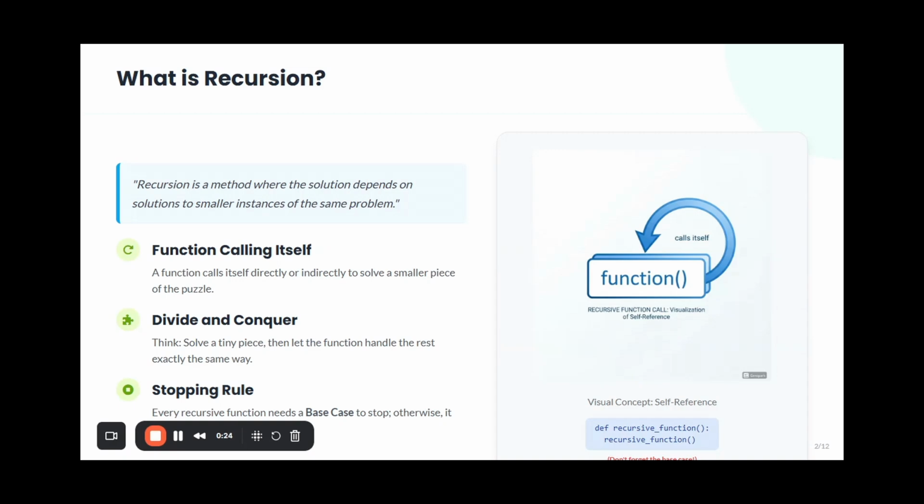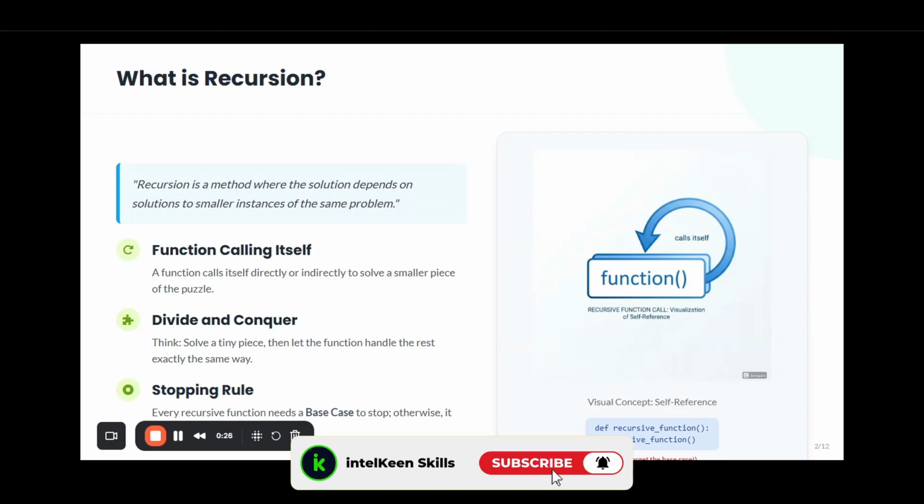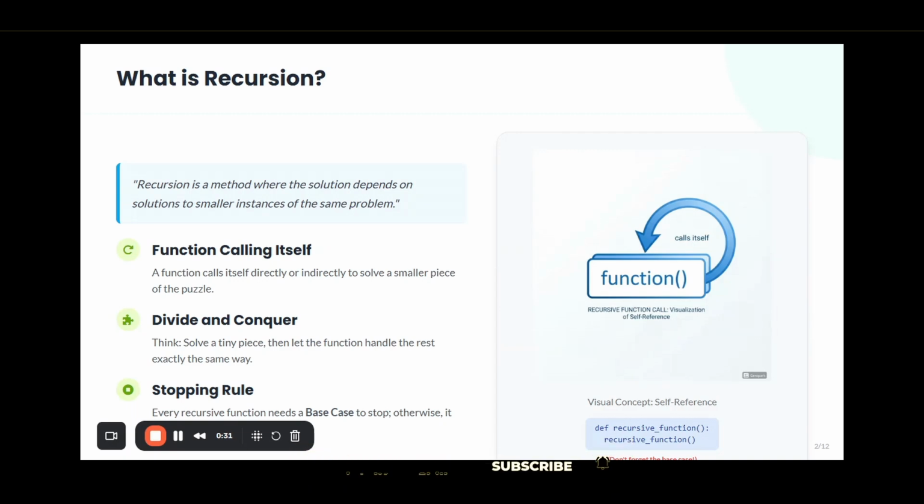It means in the function, it will take the input, divide the input into smaller instances, and call the function again with that changed, smaller input. That is what recursion means. Here, in recursion, the function calls itself again and again till it reaches the base case. Divide and conquer means it will divide the input into smaller instances and finally combine all the outputs and give us the final output.